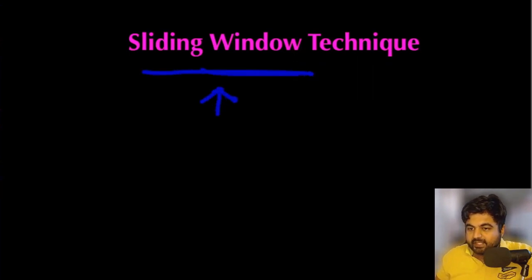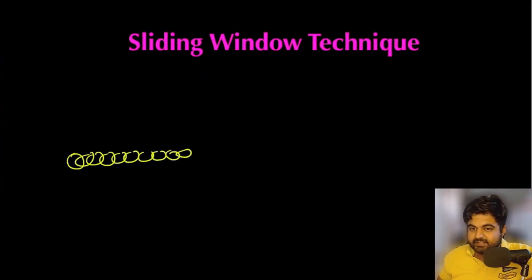Before we go into the technical aspect of it, let's try to understand a real life example. Suppose we are given a chain. Now this is an iron chain, and we found out that this iron chain is currently rusting. One way to solve this issue is to use paint on our iron chain. So if we want to paint the iron chain, what are some of the options we have?